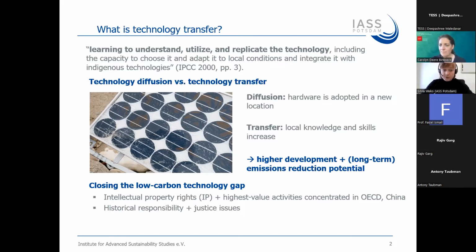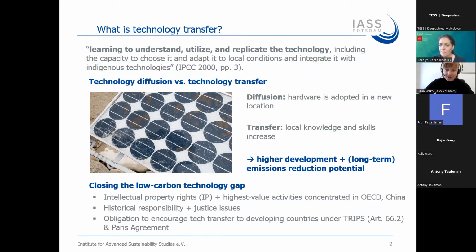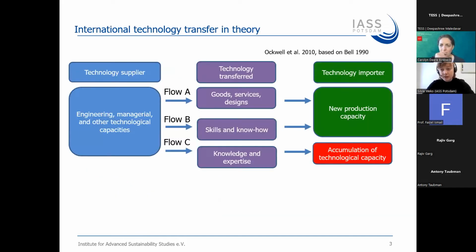And of course, this comes with some pretty significant issues as regards historical justice, historical responsibility for the causes of climate change. And we know this because there are also these obligations to encourage tech transfer to developing countries in the Paris Agreement, also the TRIPS. And so the point is to look at, is this actually happening? Where is it happening? Why isn't it happening? And so I've looked a bit in the academic literature, these case studies about technology transfer, and what they tell us is basically,